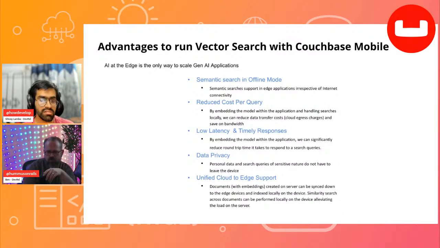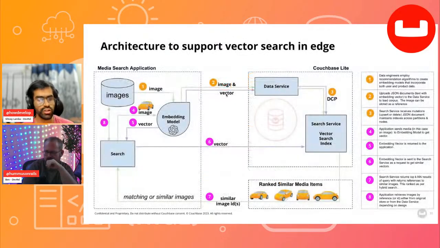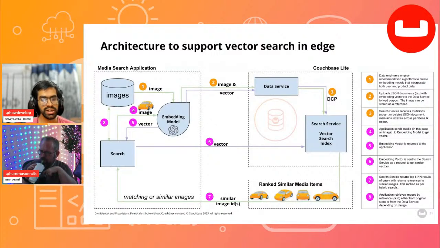So that was one thing I wanted to cover. And now, of course, today I'll also show you a real world example of an application. So here is the architecture that you would basically have. One of the applications that I built when I initially got started with vector search was using